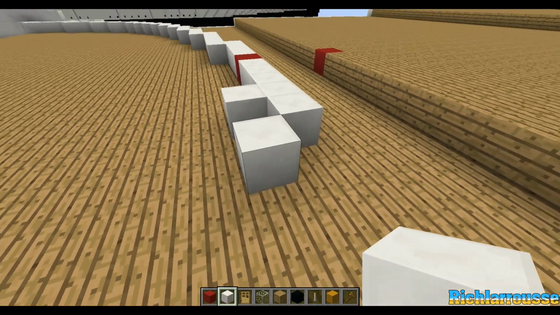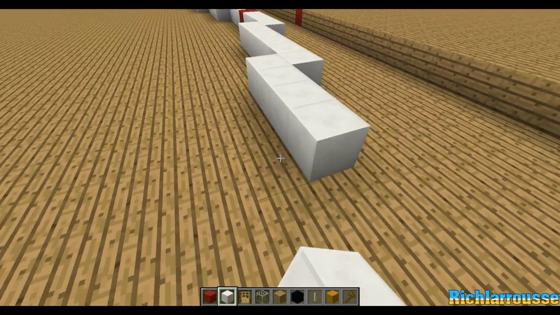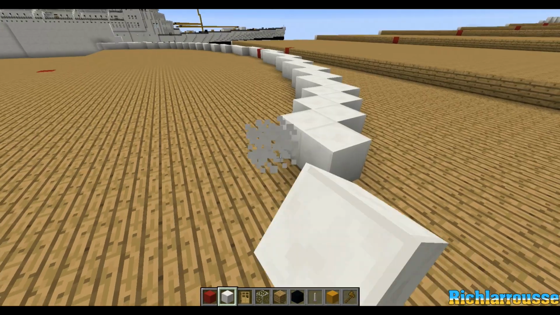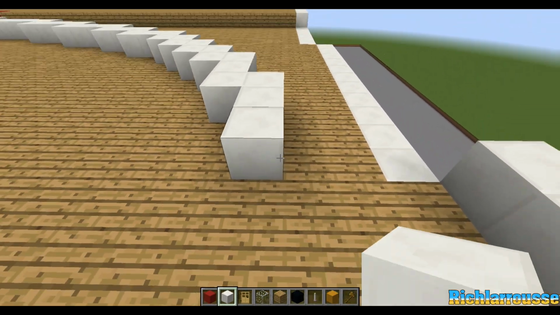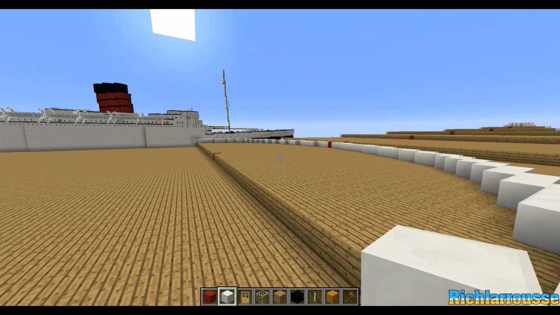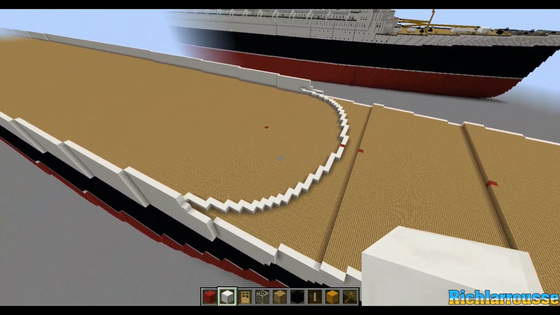So 6, 1, 2, 3, 4, 5, 6, 2 rows of 4, 1, 2, 3, 4, 1, 2, 3, 4, 3s, 1, 2, 3, 1, 2, 3, the 2s, 1, 2, and then 2 back, and then 3, 1, 2, 3, 4, 1, 2, 3, 4, 5, and then 2, 1, 2, and then that's that. So that's the front wall of what will be the superstructure, or the front superstructure, and